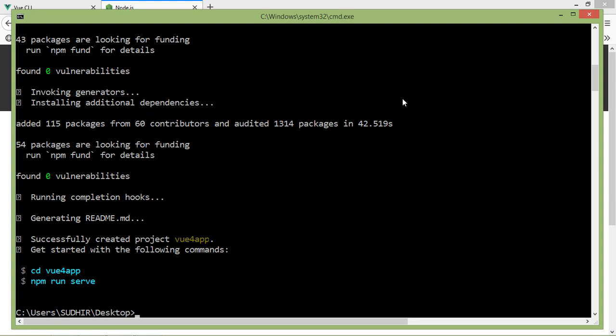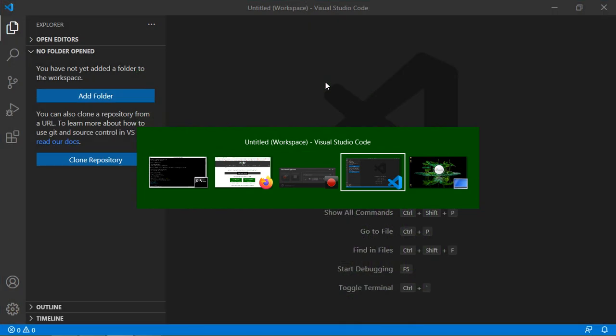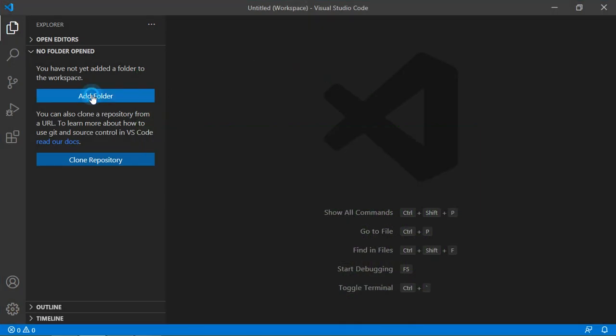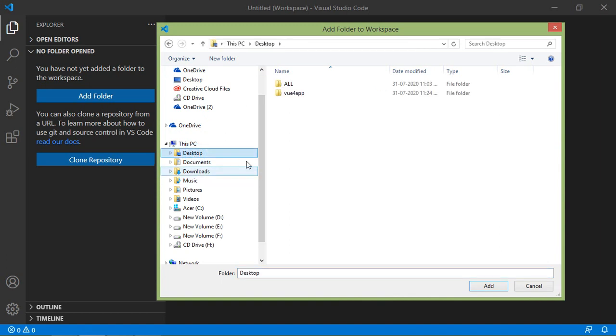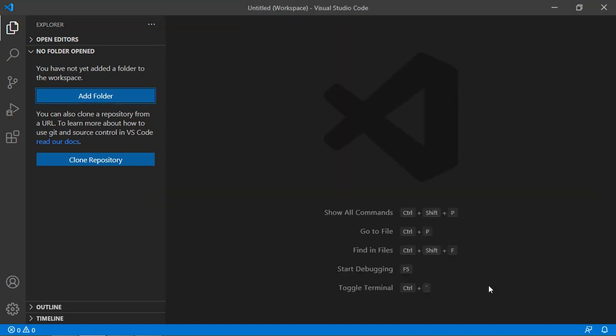Now open this project in Visual Studio Code. Just switch to Visual Studio Code, and here click on add folder. Now select the project from the desktop and add.